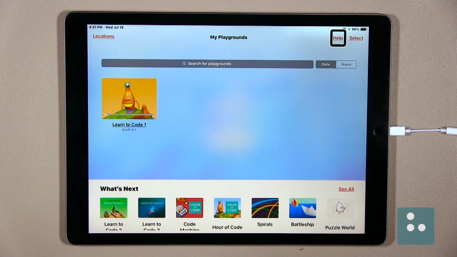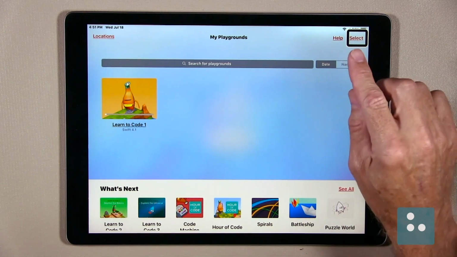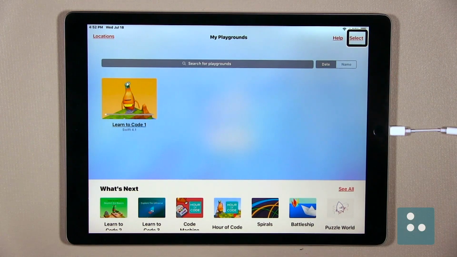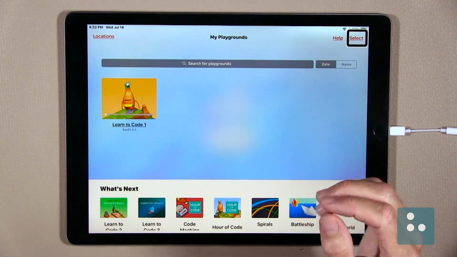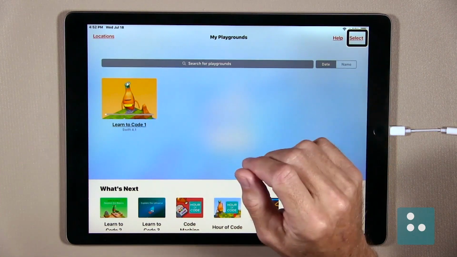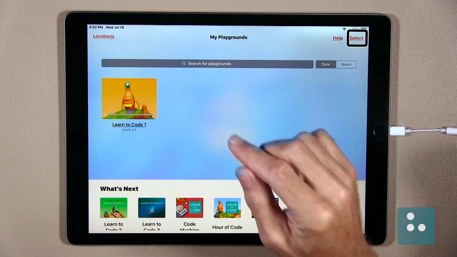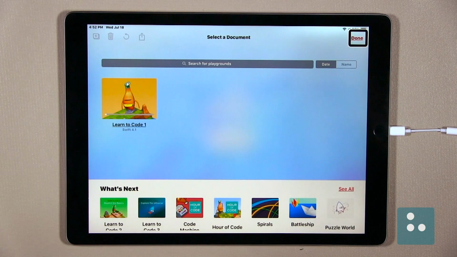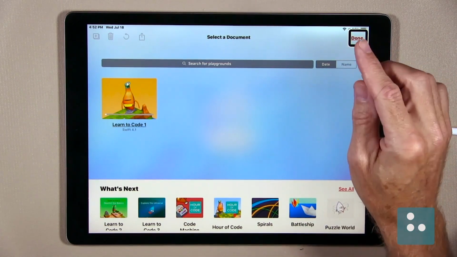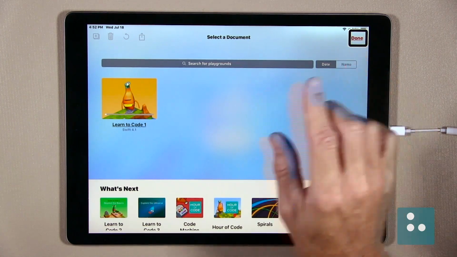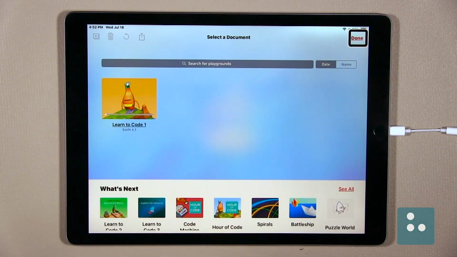All right, we'll right-click. Select button. Great, here is our Select button in the top right-hand corner of our screen. Now, activating our Select button will give us some really great tools for interacting with our downloaded playgrounds. So let's go ahead and check it out. We'll just double tap for our Select button here. Done. Okay, our Select button has turned into a Done button. So we'll come right back here once we have done interacting with our playgrounds here.